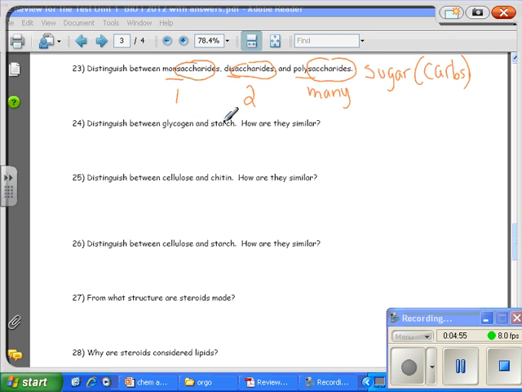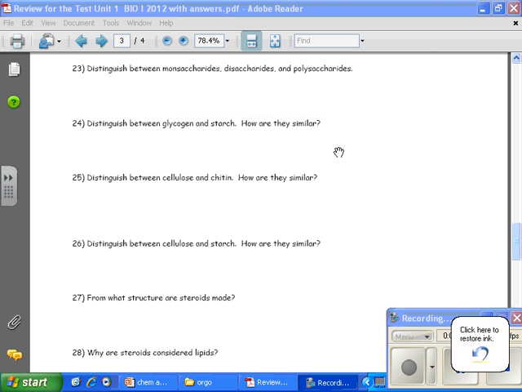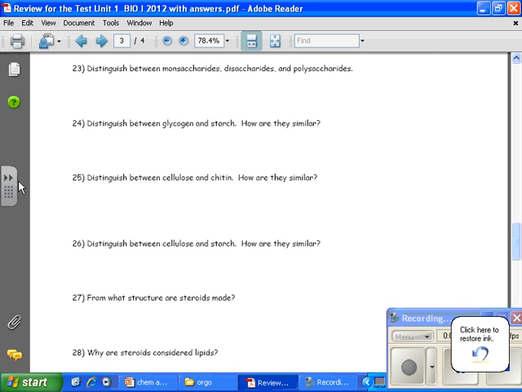Distinguish between glycogen and starch, and how are they similar? They're similar because they are both polysaccharides. And one thing that you might be memorizing but forgetting the big picture is that polysaccharides are,